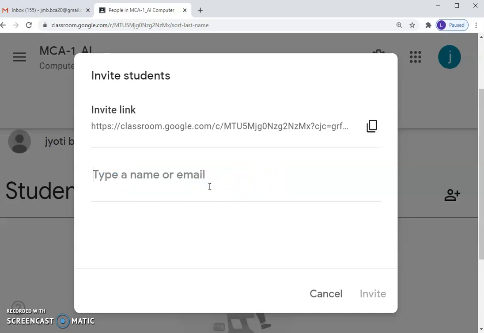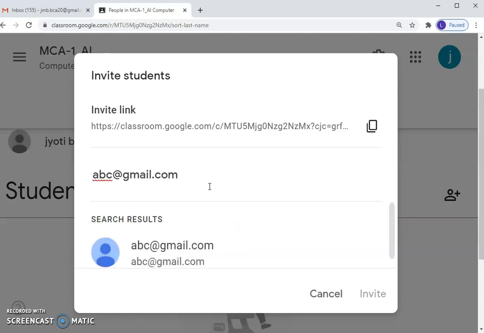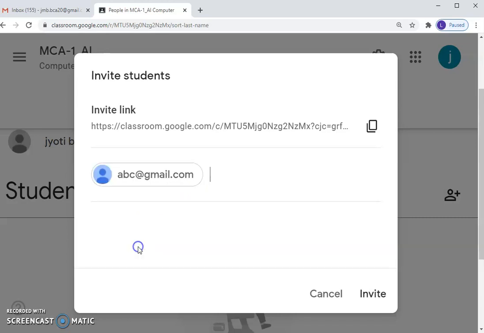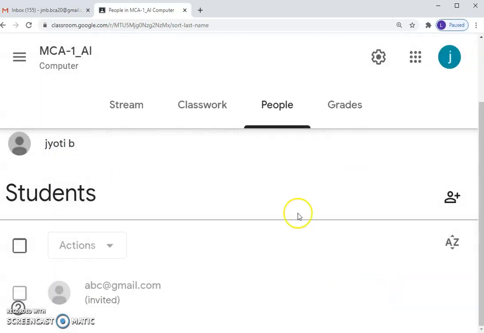So when you add any email ID of your student, okay, just select this email ID and then click on invite. After clicking on this invite button, an invitation mail will be sent to that particular student. Okay, that student can join this particular class by just clicking on the join button in the invitation email.